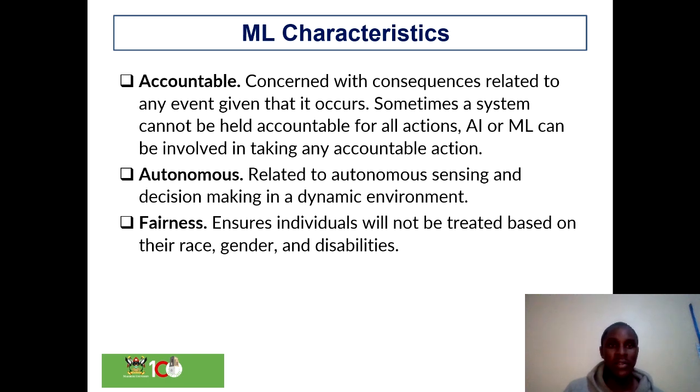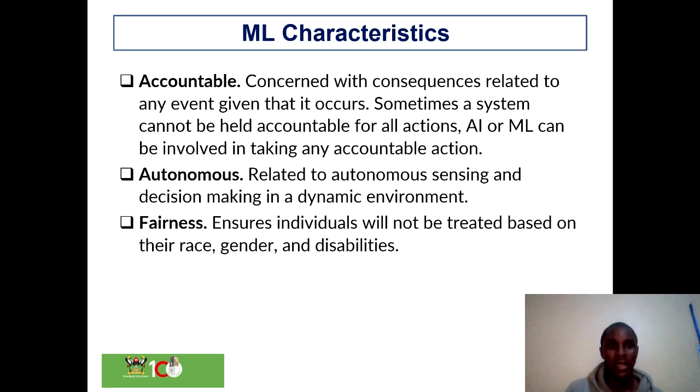The ML characteristics they managed to pile up through their literature review included the fact that ML is accountable, and so the accountable characteristic is concerned with the consequences related to any event occurring, though sometimes a system cannot be held accountable for all actions. AI or machine learning can sometimes be involved in taking accountable actions or decisions. Then AI can be autonomous, so this is related to autonomous sensing and decision making in